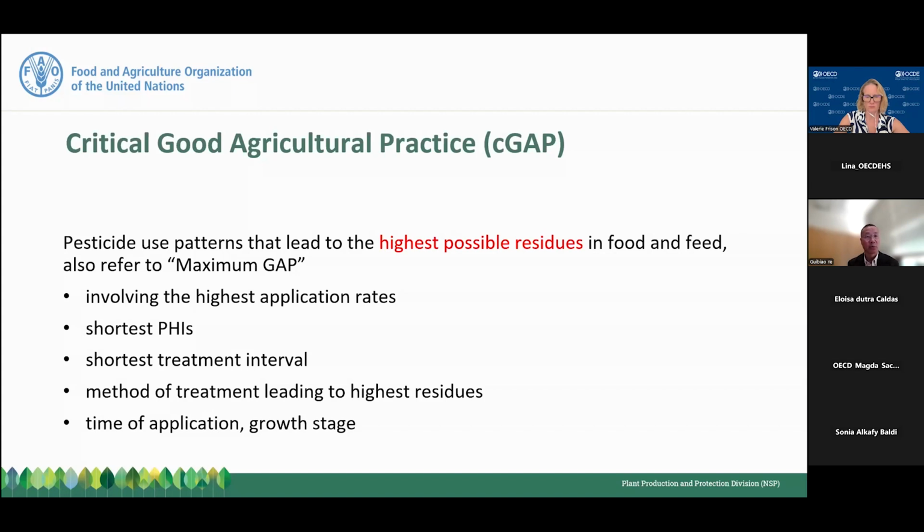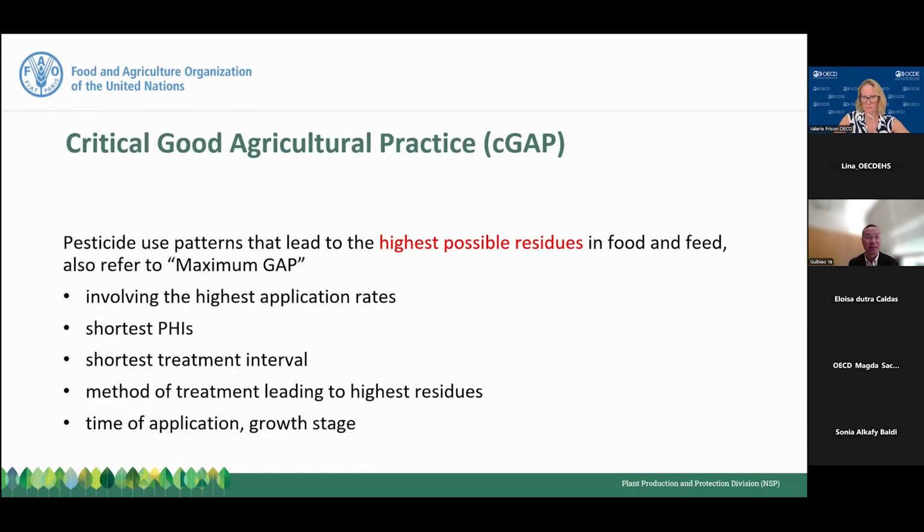And then we also consider the shortest PHI, the shortest time from application of the pesticide to the harvest of crops. It also means the shortest treatment interval, because some pesticides are applied several times, and each time we have a different interval. It also means the method of treatment leading to high residue, because some pesticides can be applied as foliar spraying, and can also be applied as soil spraying,